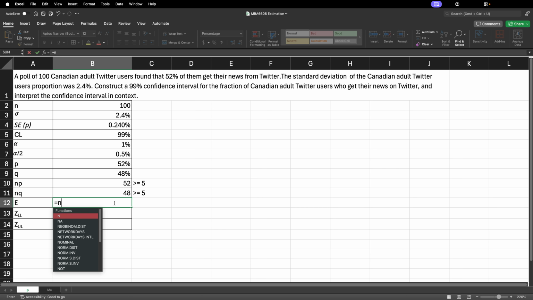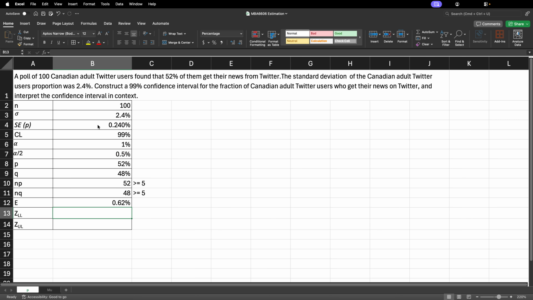So we will compute the NORM.S.INV. NORM.DIST gives us, given the z value, the area under the curve. Now we are going to use the inverse, where we specify the probability and it gives us the corresponding z value. So this is your z times standard error of p, which is 0.24,